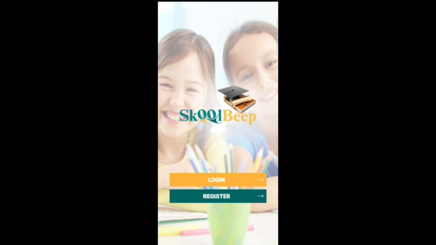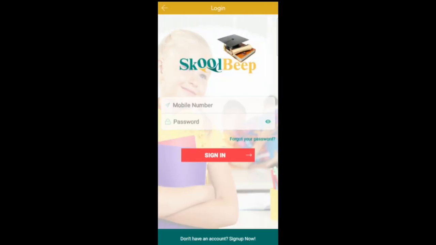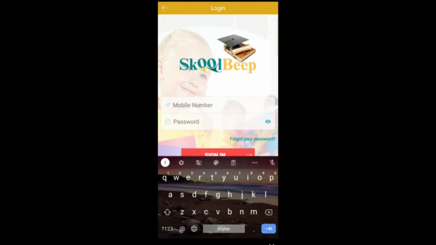So here is the first page you will get. There will be a login or a register option. For you, we are going to do the registration process. The number and password you will get on your mobile in the form of text. So just click on login. Once you click on login, you have to enter your mobile number which is registered with us.